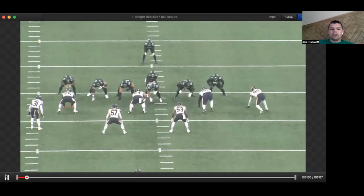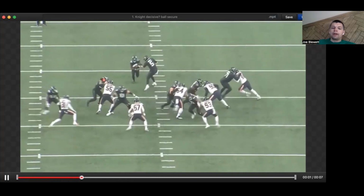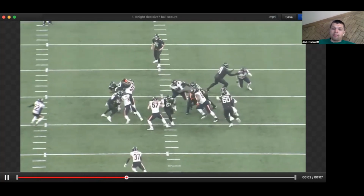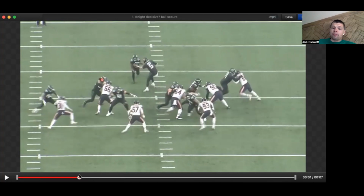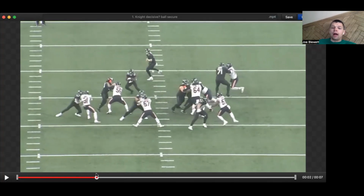This is one of those plays where I question some of his decisiveness at times. You want to see him decide what he's doing here as he starts to put on the brakes and drop his weight. Cut inside, cut outside, but we don't want to run into the back of blockers. And even if he did want to hesitate a little bit here, you have to have better footwork, and you can't have that whole 2 yard hop. Even if you wanted to let the block string out a little bit more, make guys